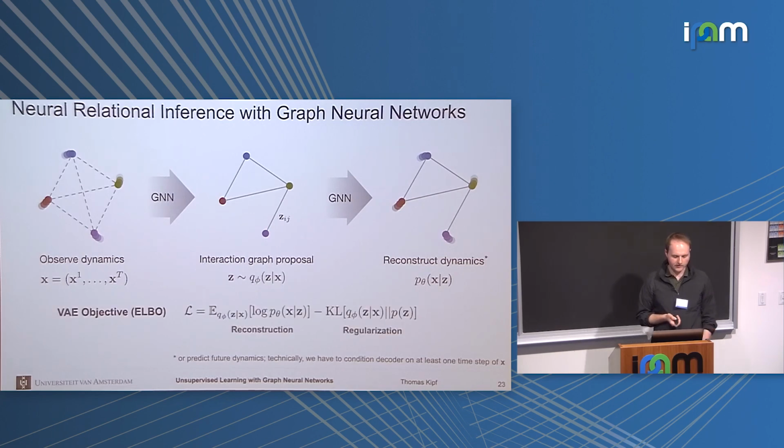With this autoencoder framework, we can formulate this as a variational autoencoder, which, if you're not familiar with this, just means we have a reconstruction objective that encourages the model to reconstruct the original dynamics or predict future dynamics. And part of the objective should regularize whatever the latent graph looks like. So if you already know the graph should be very sparse, you can put a prior on that says we want to have a sparse graph, and then this term would tell the model to only predict sparse graphs in the latent setting.